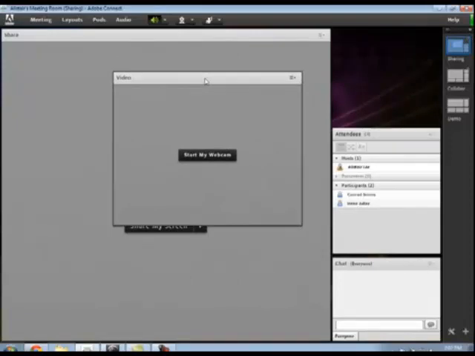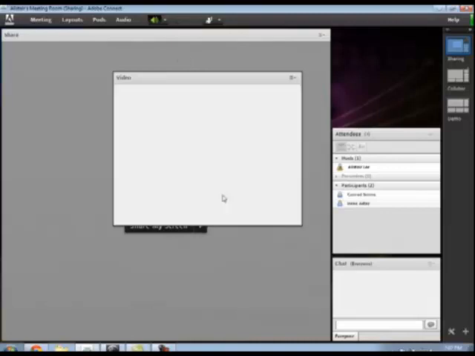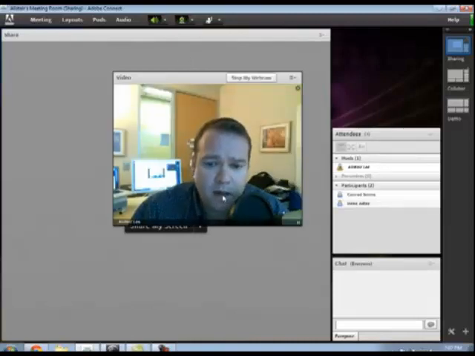The video pod itself is used to share any type of live video, like the video coming from your webcam. Obviously, I can click the Start My Webcam button here to begin sharing my webcam video, or there's a webcam icon always available in the application bar at the top of the screen, and I can click on that. It will always begin by giving me a preview of what it's going to look like when I start sharing. If I'm happy with that preview, I can click the Start Sharing button, and that will launch the full webcam